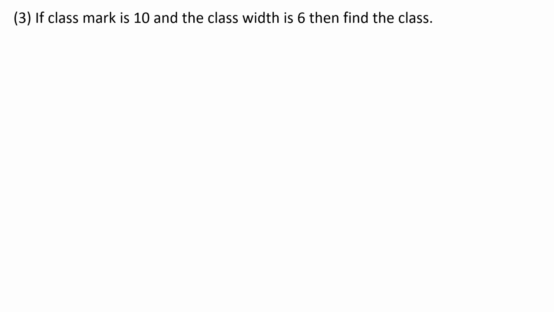Now student, you can solve this by using class mark. The first condition, class mark formula is upper class plus lower class divided by 2. So you can assign variables to them. You have solved simultaneous equations in two variables, so you can use that method to solve this. So the first condition will become, if you give lower class as x and upper class as y, x plus y upon 2 is equal to 10. So x plus y equal to, 2 will go to right hand side, it will become 20. This will be your first condition.